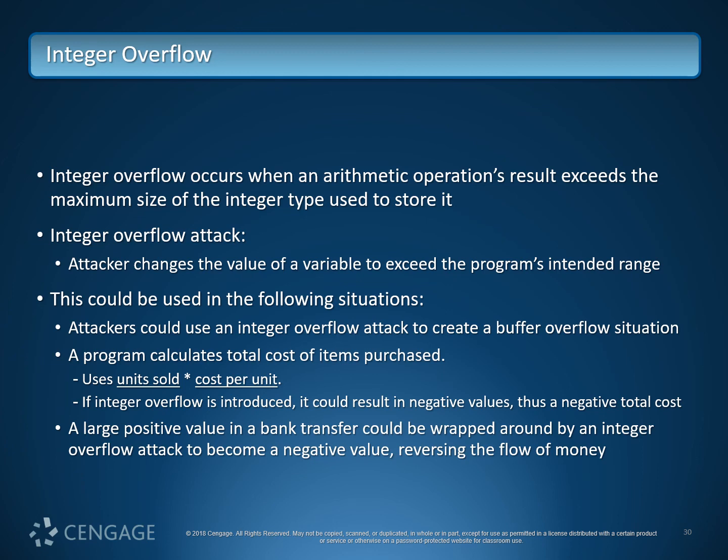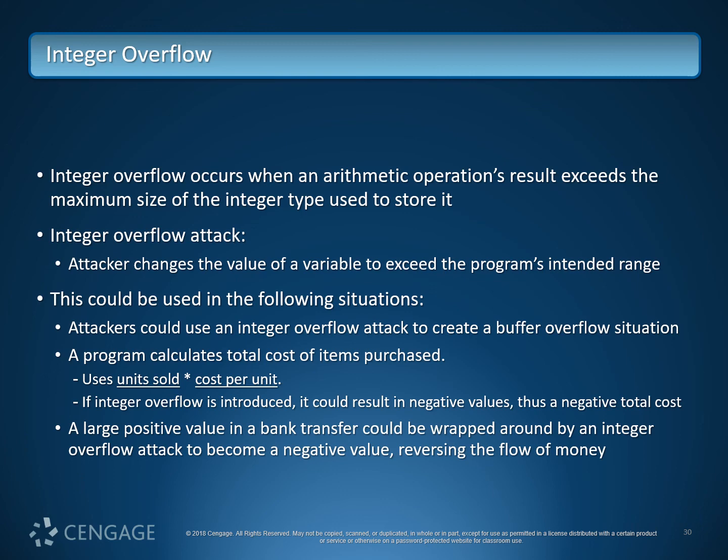This one's going to happen when the arithmetic operation exceeds the maximum size of the number type used to store it. So for an integer, if it's a 64-bit signed integer, there's going to be a maximum value there. The overflow is going to try and trigger that over the top value. And what this normally does is cause it to do what's called a wraparound. And this is where we're going to go from a very large positive value to a negative value instead. And depending on how the server is configured, it may respond differently to a negative value versus a very large